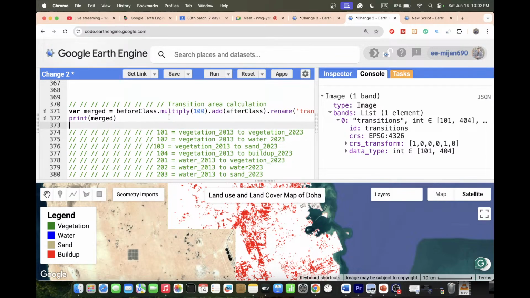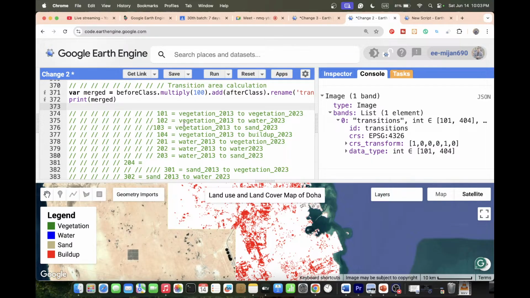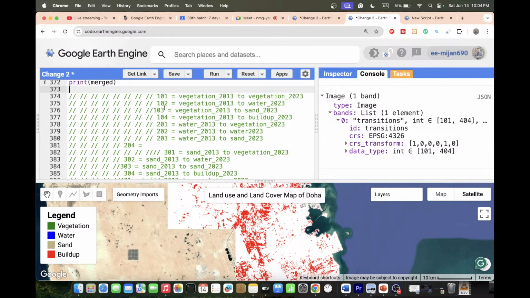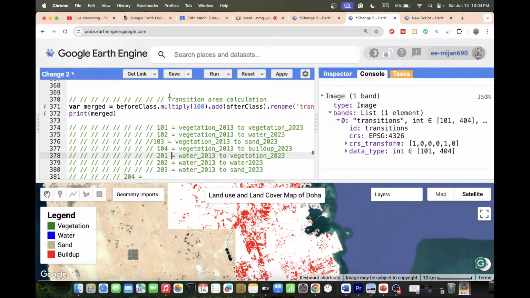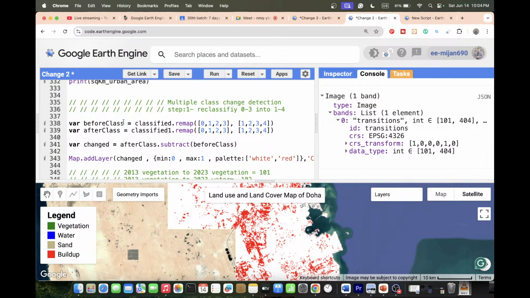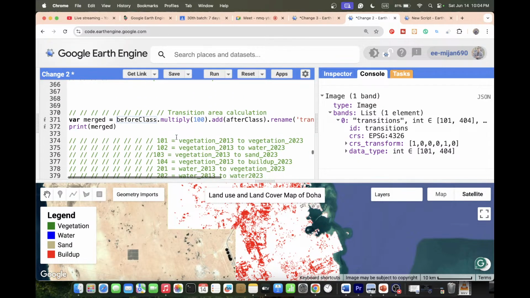Maybe just to confirm, is it like a variable holding vegetation changing from 2013 to 2023? 101, 102, are those variables? How about if I say 201, 202, 203? Will I multiply with 200? Just to confirm. Okay, so basically when you apply this formula after reclassify,